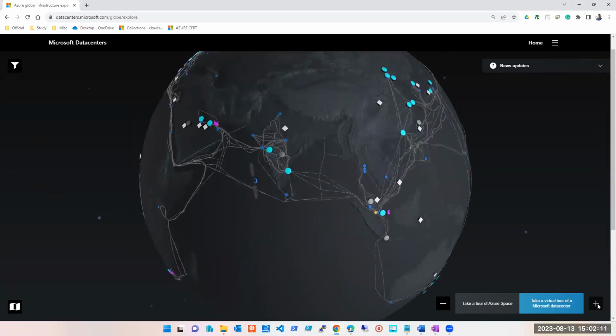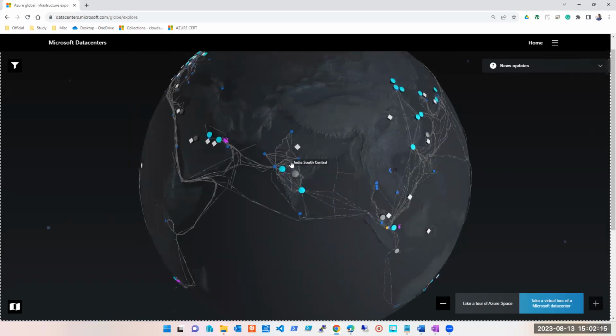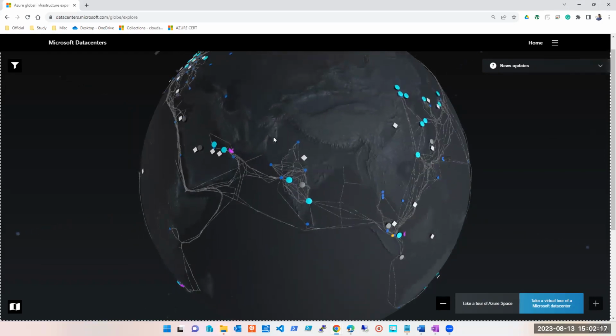Let me zoom it in. Can you guys see it properly? Able to see. Right, so this is our country, here is our lovely India, right? So here,